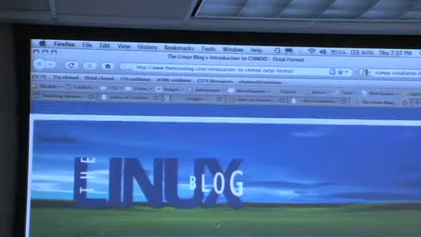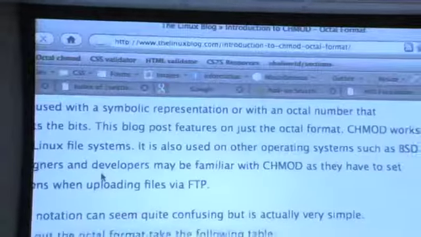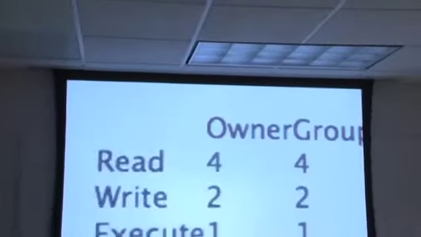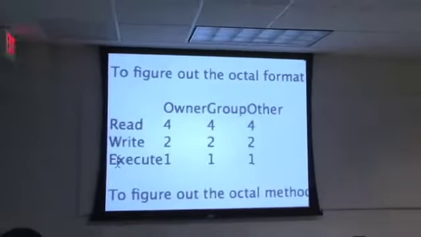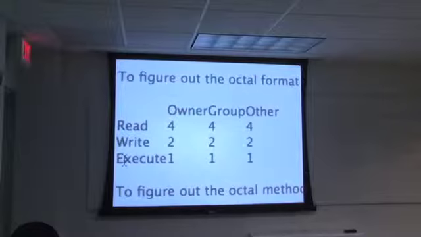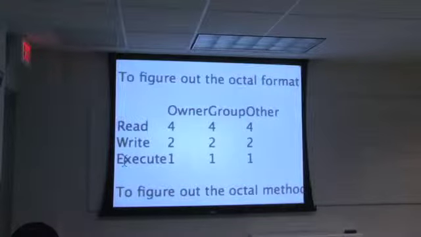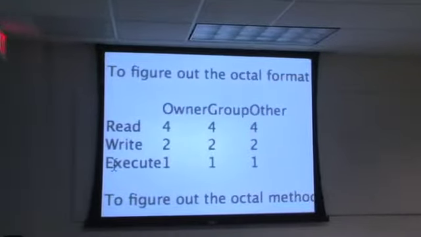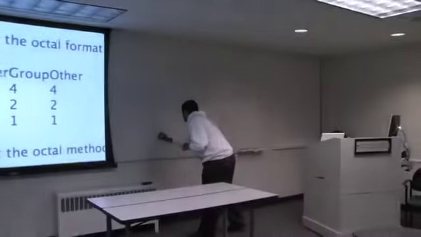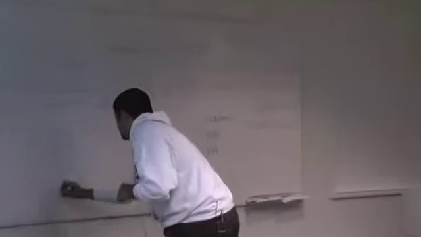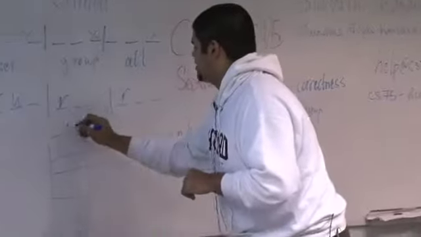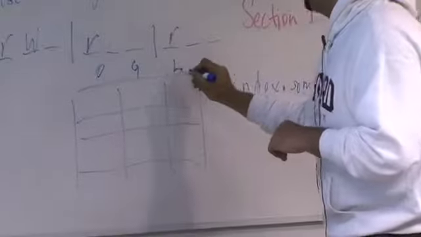There's a great tutorial on how exactly this works. So I'm just going to pull it up. You can take a look at it and try to understand what exactly is going on. But basically, think of this sort of grid. The owner is the user, the group, and everybody else. So the idea is, in order to figure out these three numbers, you just write this grid out. So let's write this grid out. There's owner, group, everyone else,